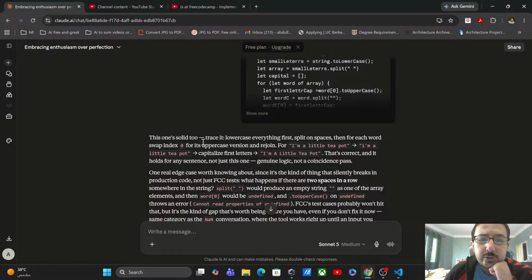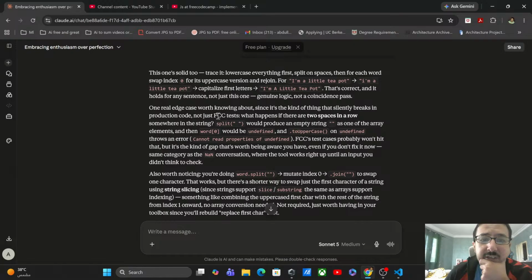This one, solid. Trace it, lowercase everything. Space in the every-case version region. Capitalize first letters. That's correct, and it holds for any sentence, not just this one. Genuine logic, not a coincidence pass. One real edge case worth knowing about, since it's the kind of thing that silently breaks in production code,